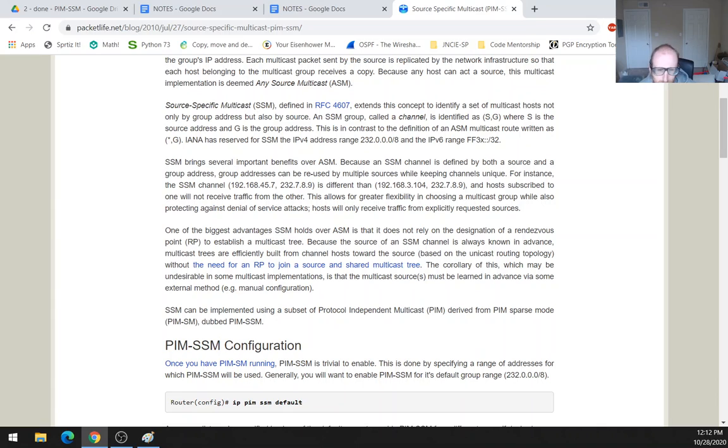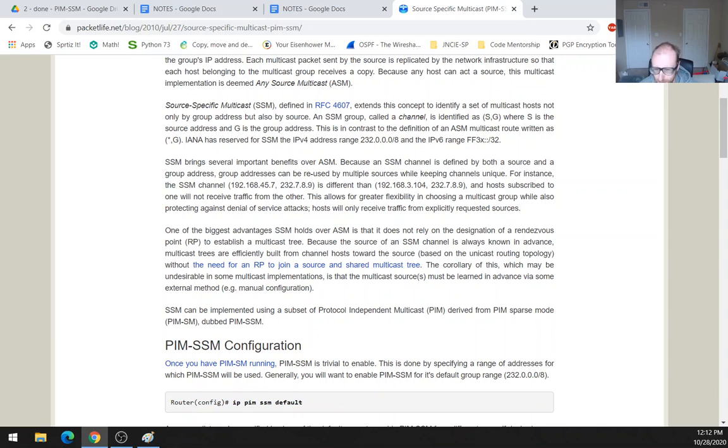Because the source of an SSM channel is always known in advance, multicast trees are efficiently built from channel hosts toward the source based on the unicast routing topology, without the need for an RP to join a source and shared multicast tree. The corollary of this, which may be undesirable in some multicast implementations, is that the multicast sources must be learned in advance via some external method,